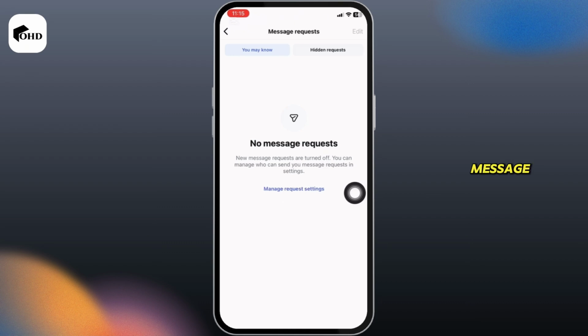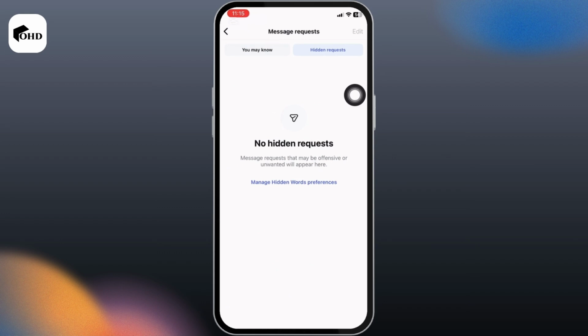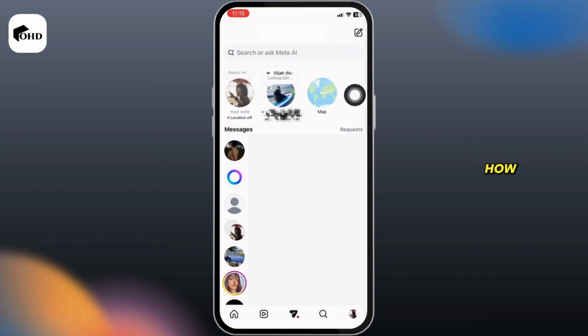But for you, if a message request is available, then it will be on this page. Also, you can move into hidden requests. All of the requests that have been hidden will be on this page. So this is simply how you can check all of your